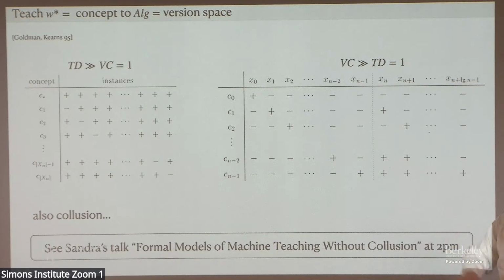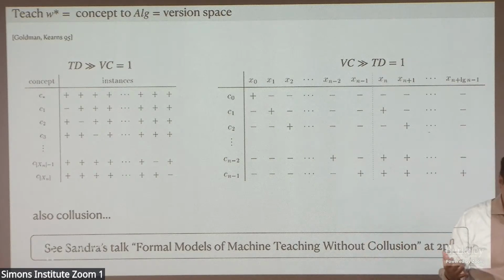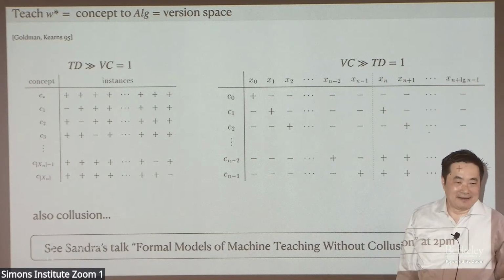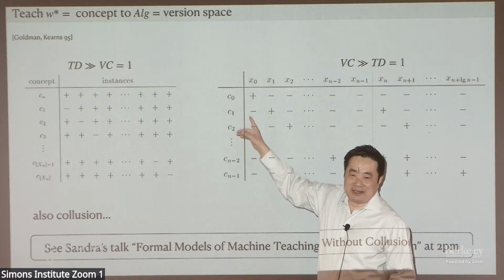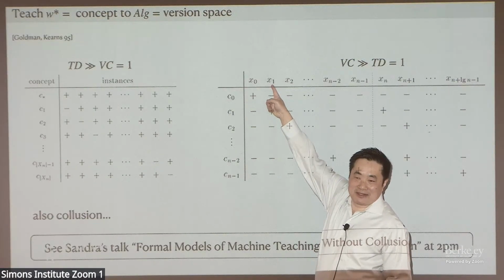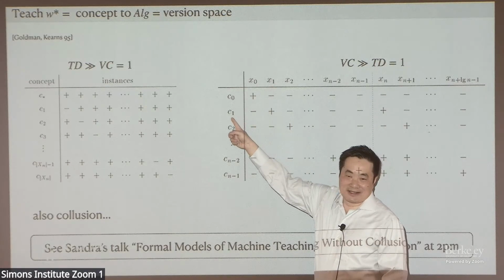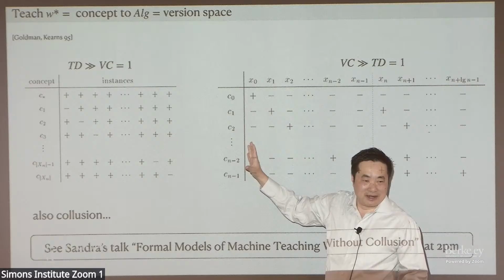If you start to do that, there's also the concern that the teacher and the student start colluding by a so-called coding trick. If the teacher and the student agree beforehand that I'm going to totally ignore the truth table here altogether, but use the index of the item, and don't even care about the label. If I use item X1 to teach you, with a teaching set of only one item, we agree that what I meant is concept C1. If I use X2, what I meant was C2, and so on. That would be a coding trick, and it's collusion.